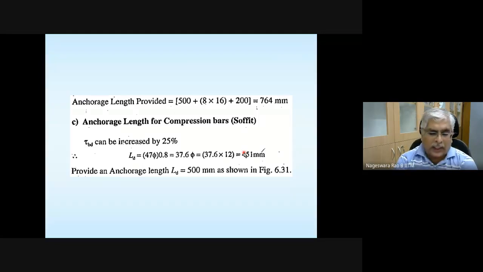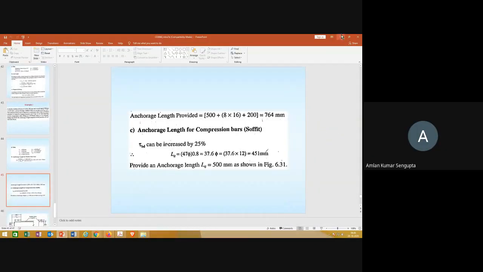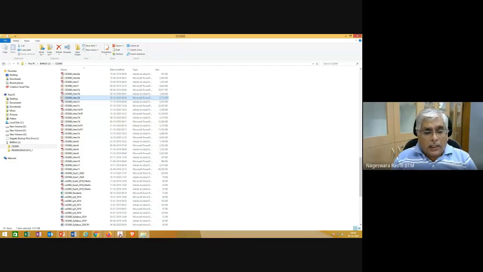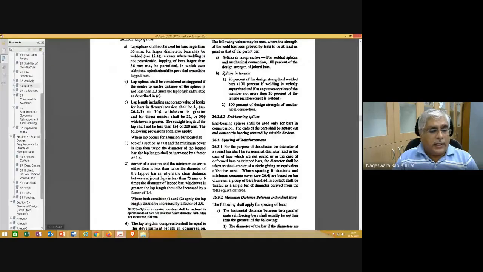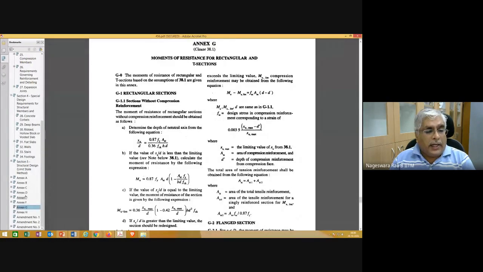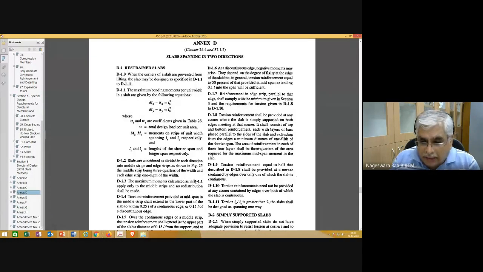And before that, I just want to know if Professor Ramlan has any questions or any comments. I would say no, you can start introducing the slab. And I'm going to show you the corresponding annexure where the details for this are given. Annexure, what is that? Annexure G? Yeah, annexure D. Let's go through this one, and then details will go in the next class. Okay.